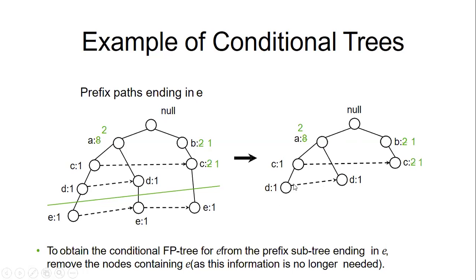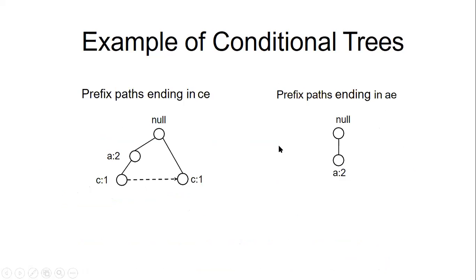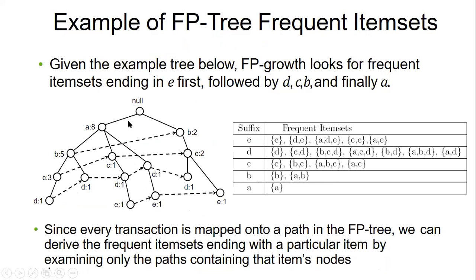We'll cut off the D part, so this part will be cut off. We have this only. Then we cut off this part, then we have this only. B is infrequent, so we leave it off. Only this, that's what it is showing here. So DE means only D. Then CE, we are taking C, then the prefix path ending in A. When we do this, we get the frequent items E, DE, CE, AE, and ADE. Similarly, we have to do the recursion.